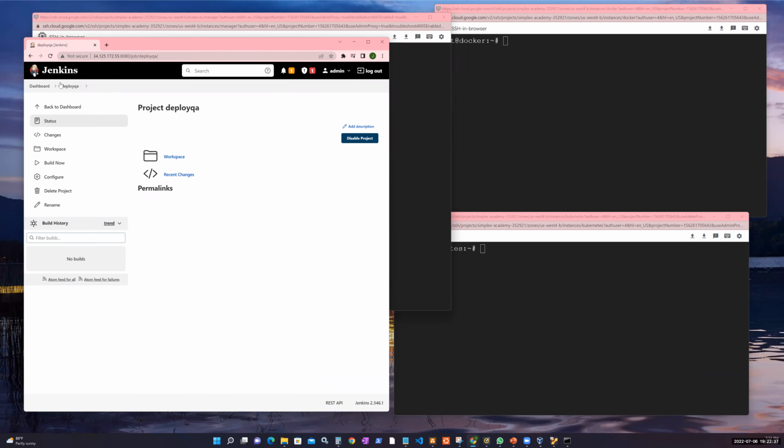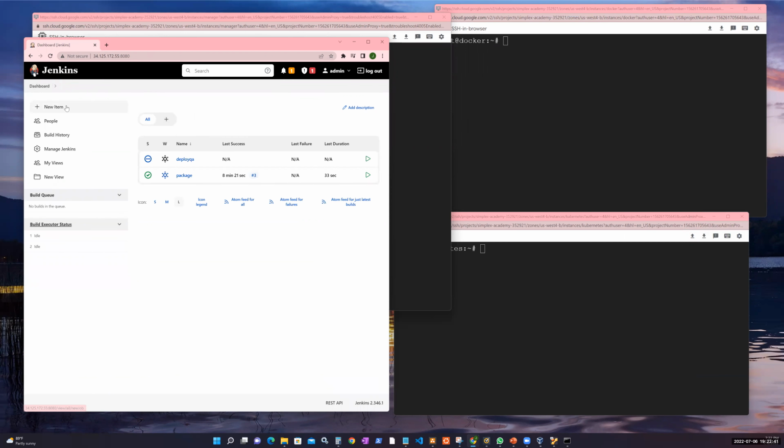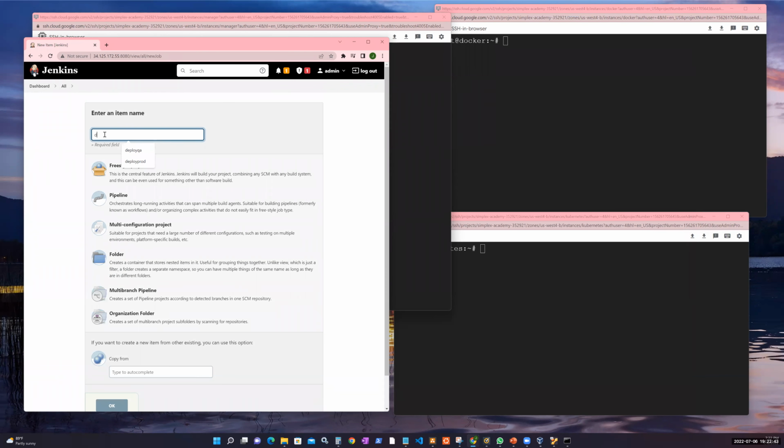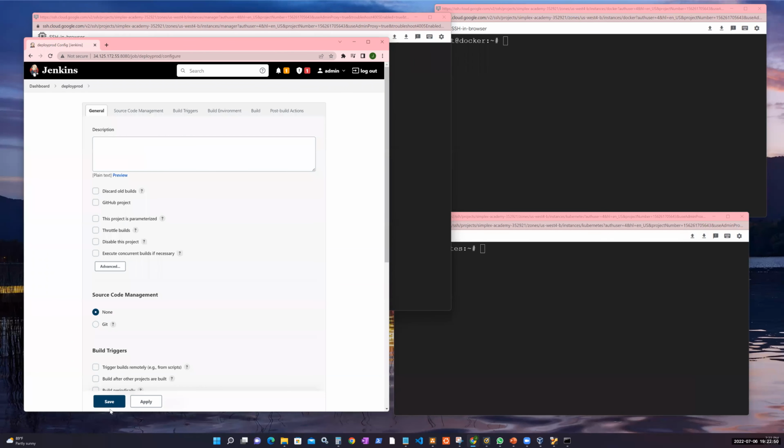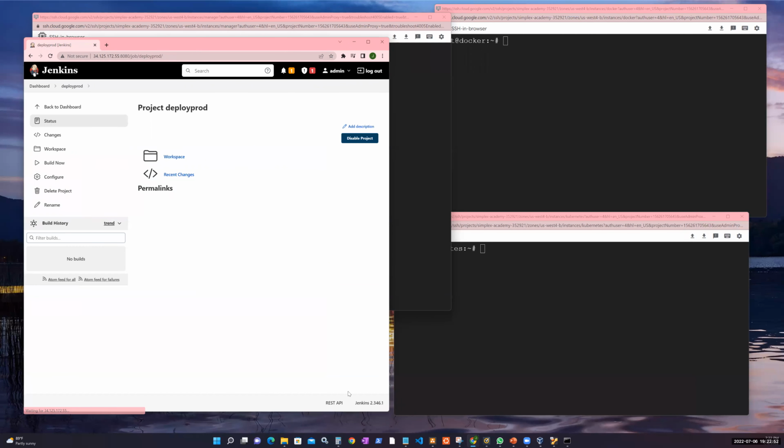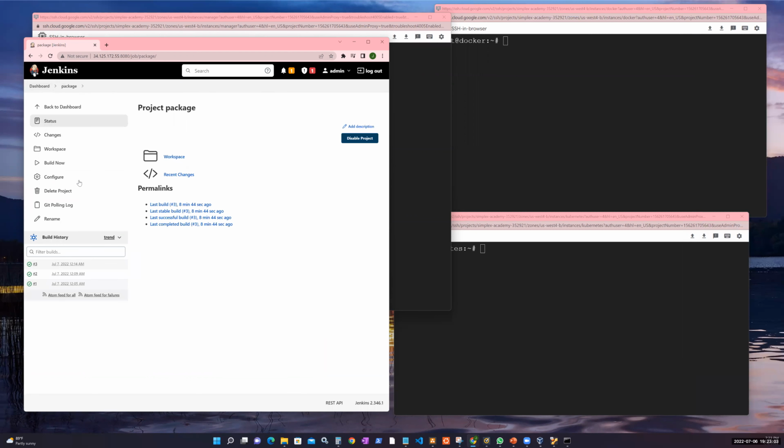And the second job, let's get another dummy job and call it deploy prod, and save. Okay, so deploy QA and deploy prod. You have saved, right? Now, what you need to do, come to package, the first job, configure,